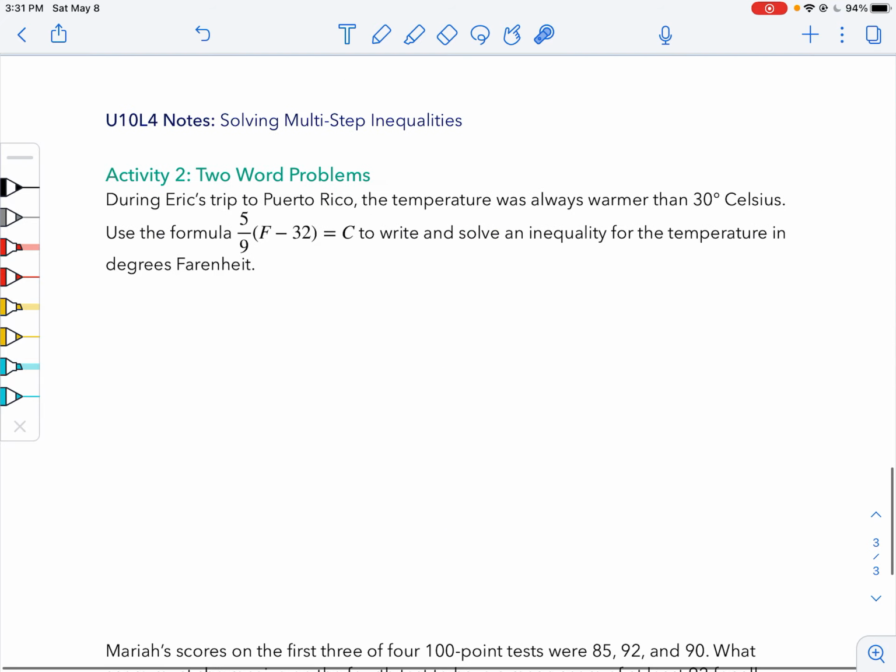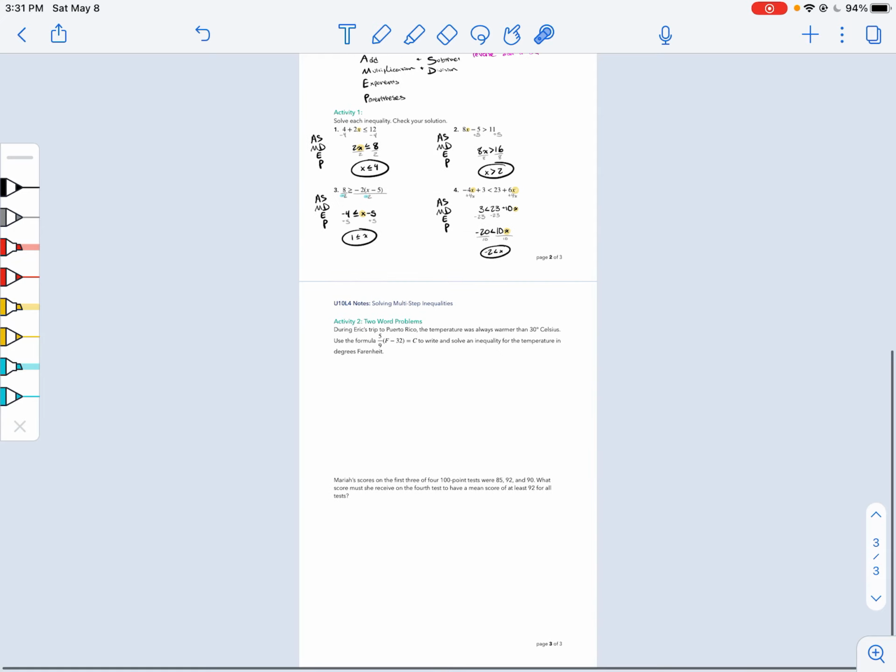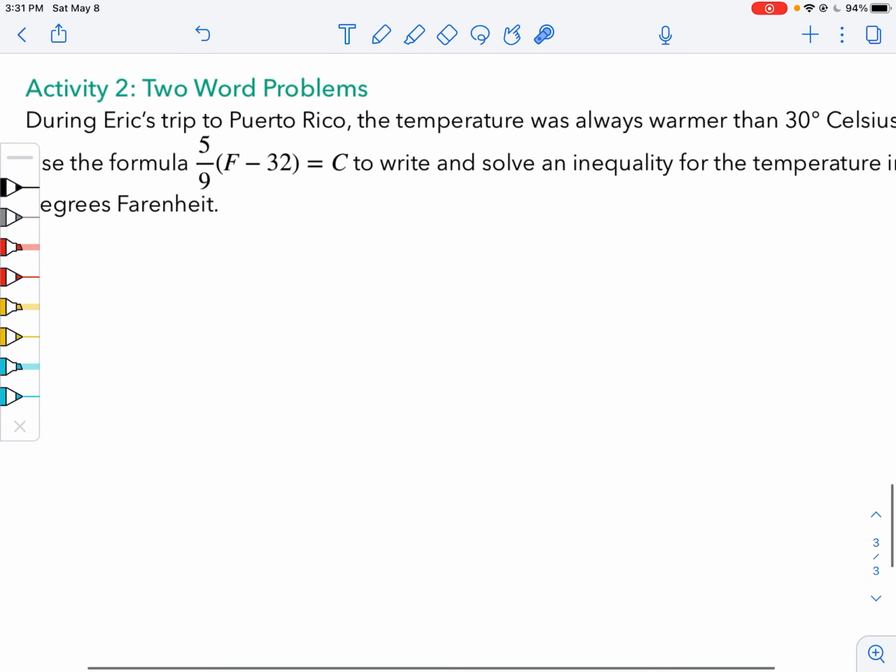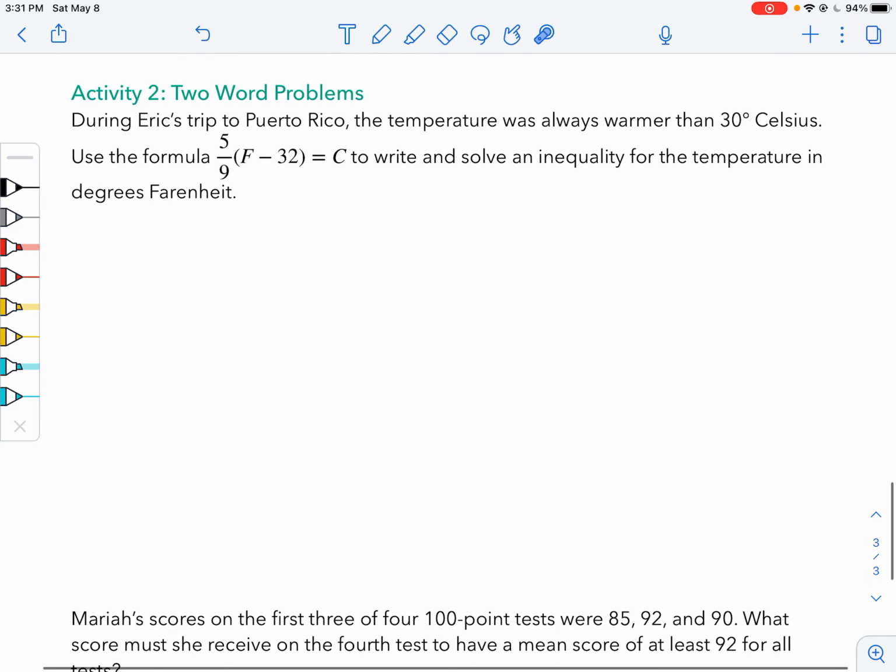That's cool and all, but when are we going to use this in real life? Well, let's ask Eric and Mariah. So this one time, Eric went to Puerto Rico, or we're going to pretend he did, and the temperature there was always warmer than 30 degrees Celsius. So we're going to use this formula right here to write and solve an inequality for the temperature in degrees